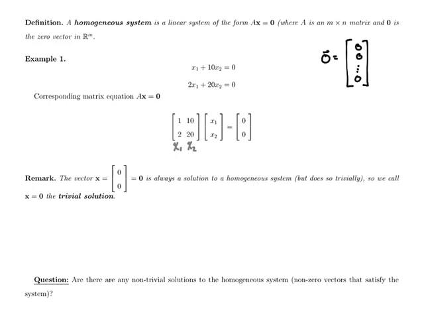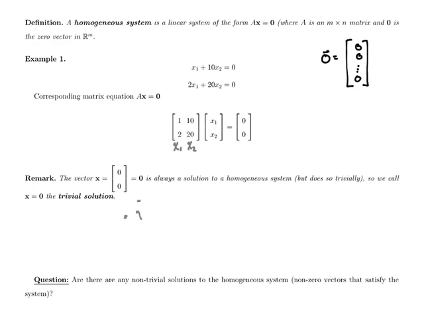So first let's note that the vector x, which is equal to 0, 0, that's the 0 vector, is always a solution to a homogeneous system, but does so trivially. So we call x equals 0 the trivial solution. What I mean by that is if we take this matrix equation and we do this matrix vector multiplication we talked about last time, we can write this as